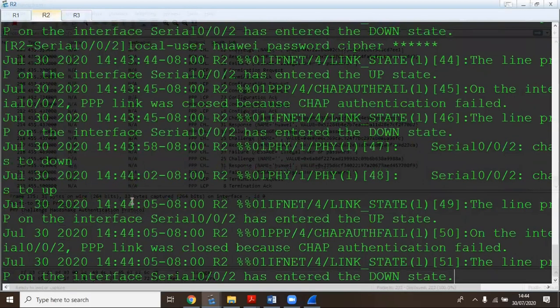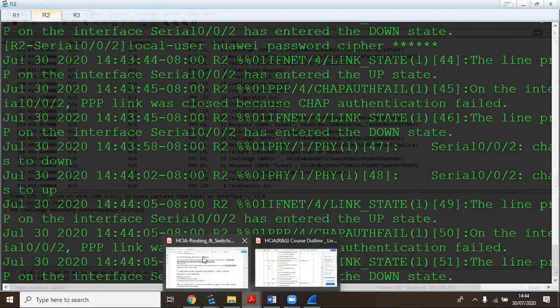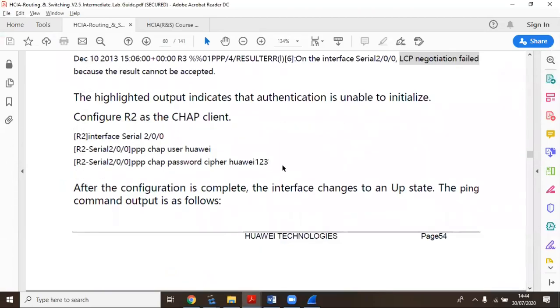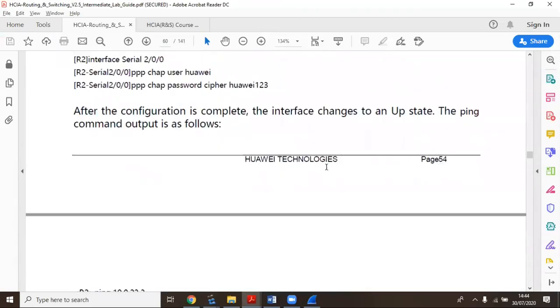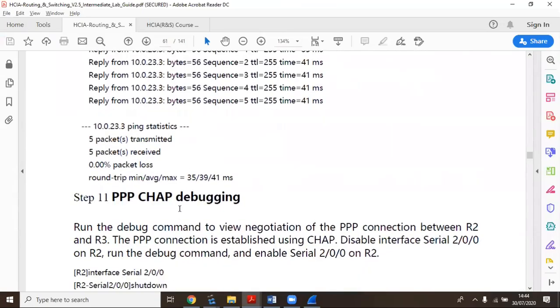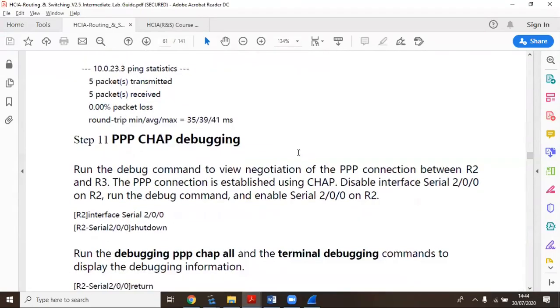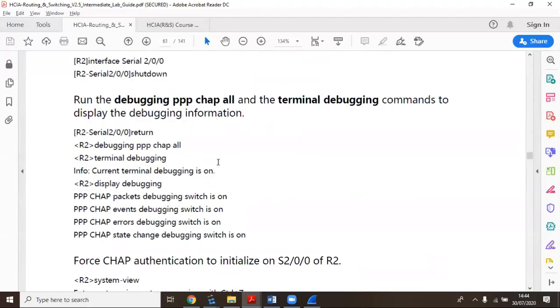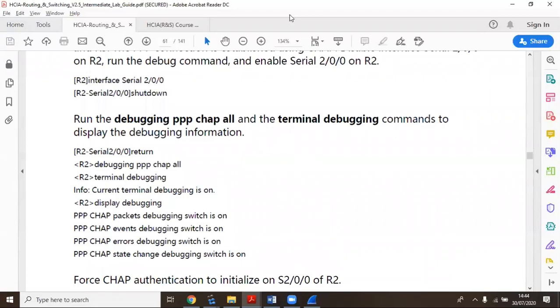There's a password that I misconfigured, but generally that is it. If I had done both passwords correctly, then the negotiation would have been successful. But I think I did configure the password wrongly in one of the ends. So I think that is it about this particular lab. So we go ahead and do